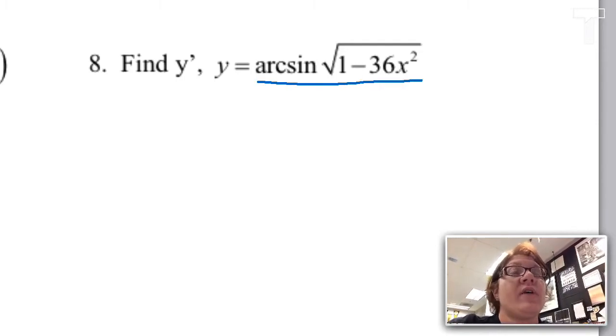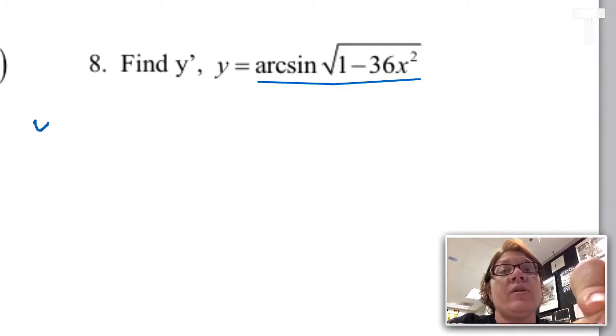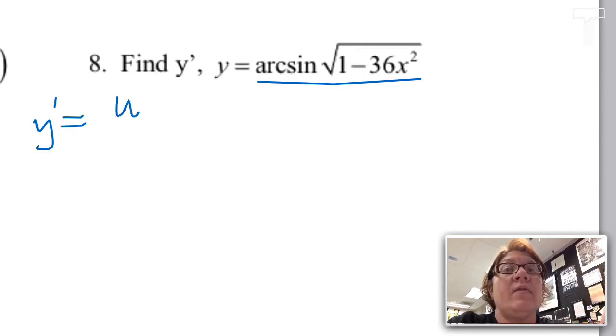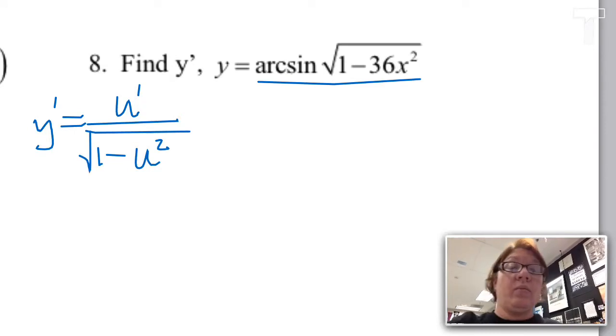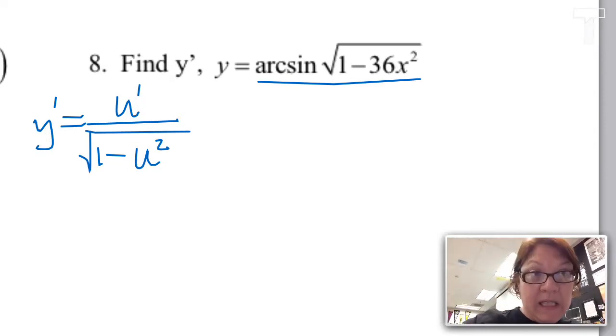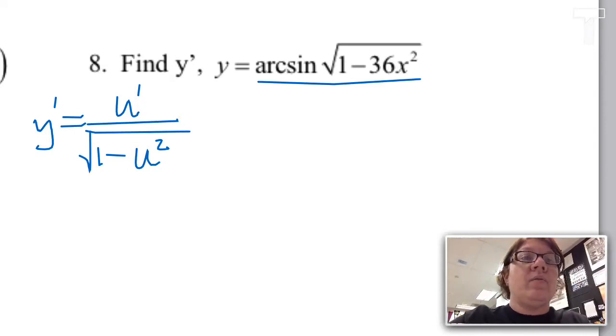So I have an arc sine. I'm using my rule for arc sine, which is that y prime is the derivative of the stuff over the square root of 1 minus the stuff squared. Okay, so we have to apply that rule, and it's going to get messy. All right, so now,